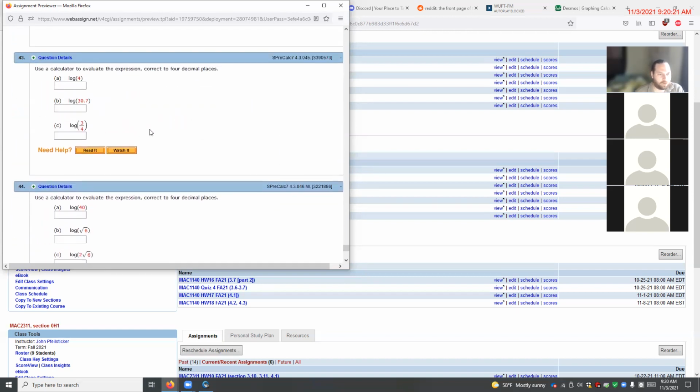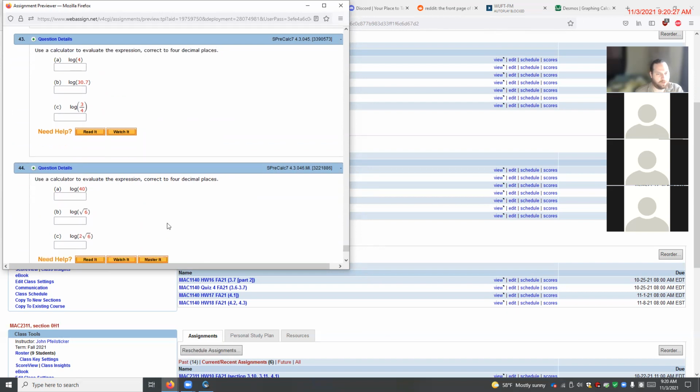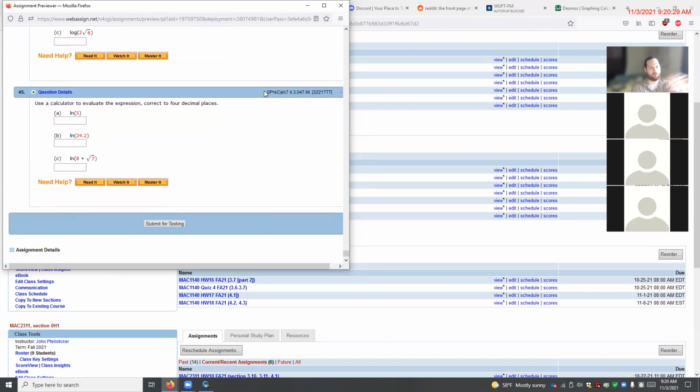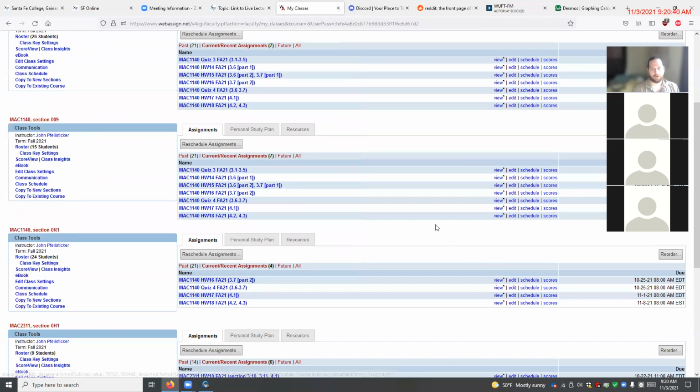Okay, so the only ones where you can use a calculator are the problems where it explicitly says to use a calculator. Everywhere else, do not use a calculator. Right? The point here is to practice and come to a place where you understand the logarithms. I know this looks like it has a lot of problems, but these go really, really fast. So this homework is not going to take you a long time. But I do want you to follow the instructions. If it says use a calculator, go ahead. If it doesn't say to use a calculator, that means explicitly do not use a calculator, and I'll ask you